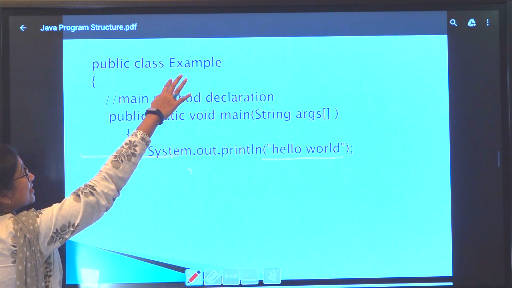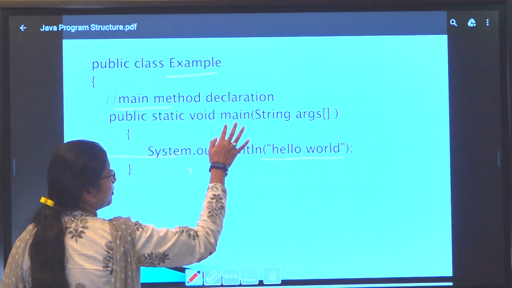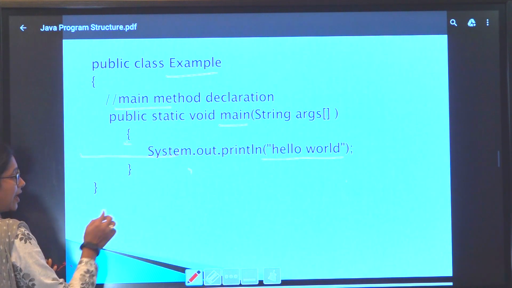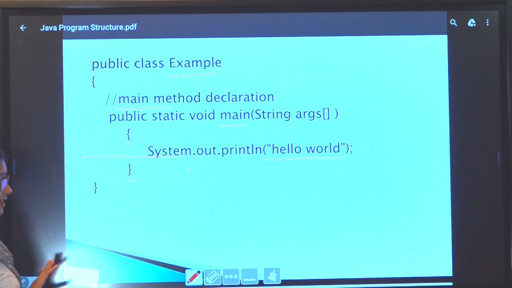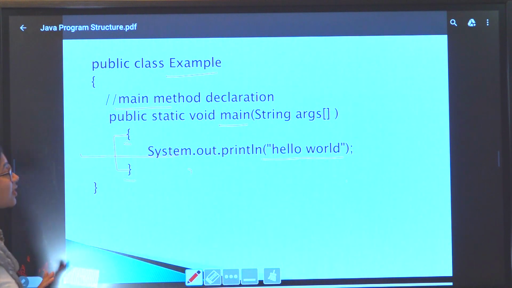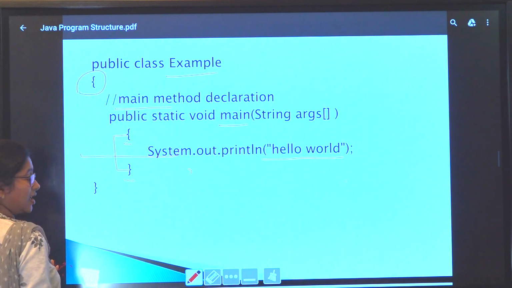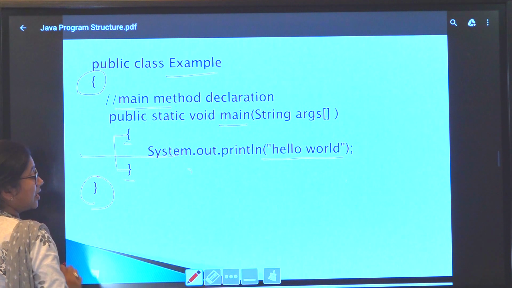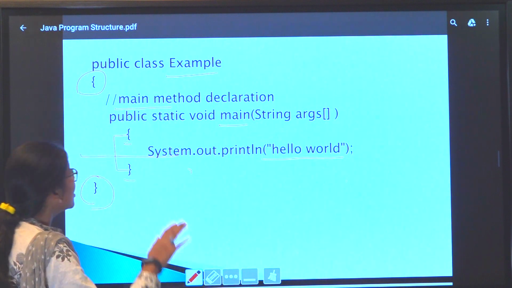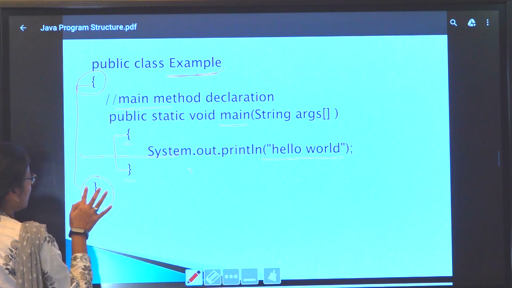Look here. We are creating a class whose name is Example. Then we are declaring the main method here. The name of the main method is main. The main method starts from this curly bracket and is closed by this brace, so the life of this main method is inside this. Likewise, the birth of the class Example is over here and its death is over here. The time duration between birth and death is called life. So the existence of the class Example is from here to here.